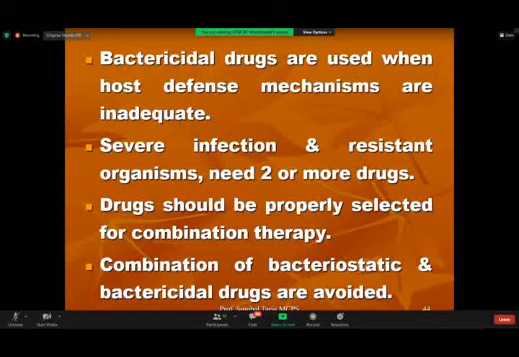इसी तरह TB, tuberculosis, which is one of the commonest infection in our part of the subcontinent, इसमें क्या होता है कि you have to give them upfront 3 to 4 drugs for the initiation phase, and after that you can shift to up to 2 drugs for the maintenance phase. मगर अगर आप 2 या more drugs नहीं देते, the patient develops multi-drug resistant tuberculosis and will keep on coming back to you. Then drugs should be properly selected for combination therapy. इसका ये मतलब है कि you have to fire from all sides at the organism.